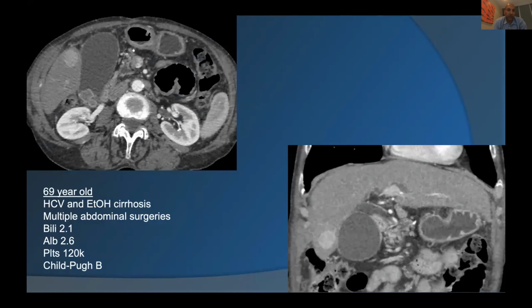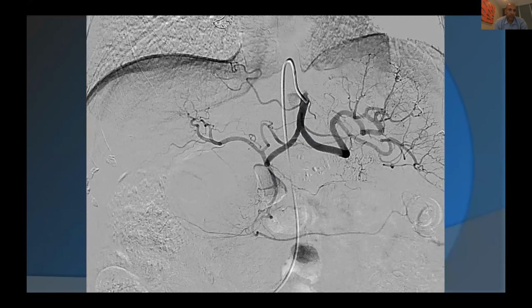Again, another case which is a little more challenging. This is a single focal tumor. Again, normally we would ablate this. The patient had this huge gallbladder and then had the colon stuck up under the liver. And she had a bunch of abdominal surgeries and had multiple adhesions. So the surgeons who would treat her said, there's no way you're going to hydrodissect the colon. It's impossible. And we're not doing a laparoscopic or a surgical ablation either for that same reason. She's also Child-Pugh B, high bilirubin. So we thought this would be a good candidate for a segmentectomy.